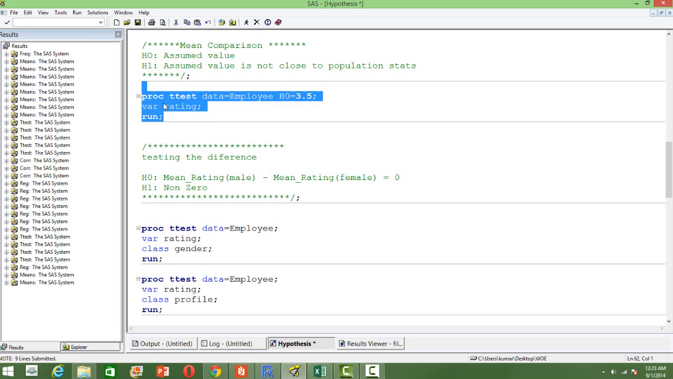So the syntax is like this: proc ttest data=employee, and we mention the null hypothesis over here. The null hypothesis is that the mean or the average value of rating of the entire population is 3.5. How do we specify that the average value of rating is tested? We use the keyword var, and the variable used here is rating. So automatically it assumes that we are doing hypothesis testing for average rating. And when we run this,